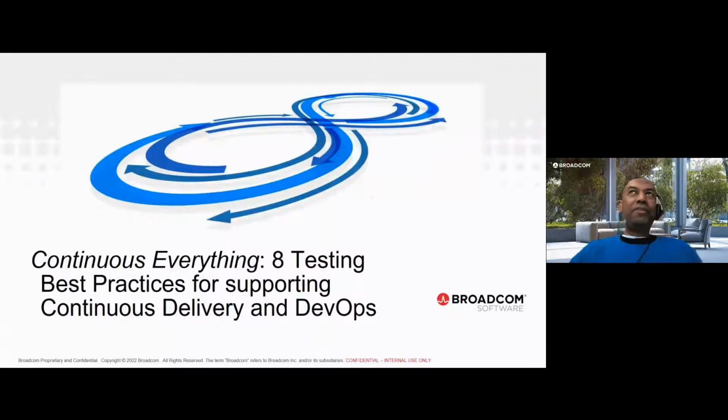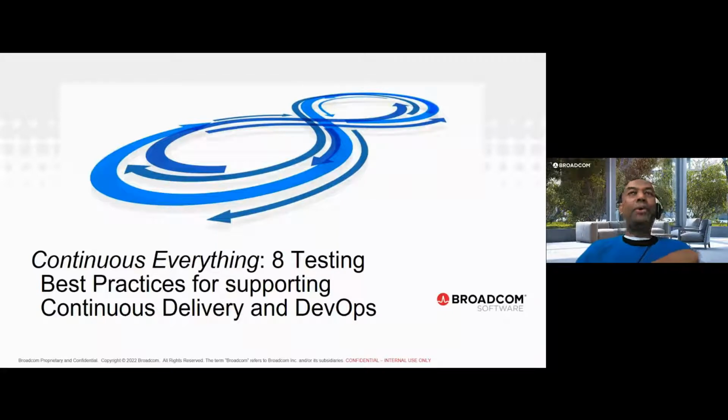So we live in a world of continuous delivery. As you know, continuous delivery requires everything to be continuous, which means that in testing, everything that we have should also be continuous, right? So our whole goal here is to show you how our testing practices need to evolve to support the specific goals that have been laid out in the DORA metrics, right? So it's a completely different approach around how we apply the practices we all know and love, but from a